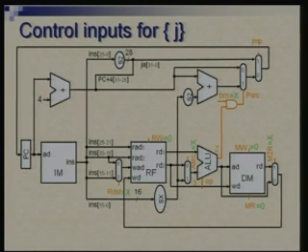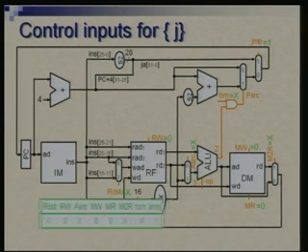Now why is it X? Because this last multiplexer is controlled by JMP, where we have made it 1, so you are looking at the upper input, and it does not matter how the bottom input is being computed. You may select any of these, it does not really matter. So this is the set of control inputs for jump instruction. And let's now put these together.